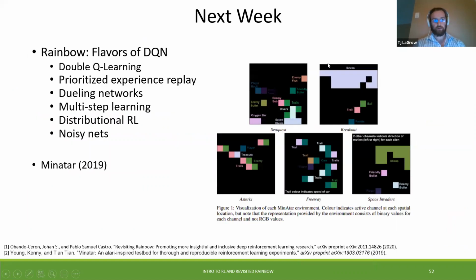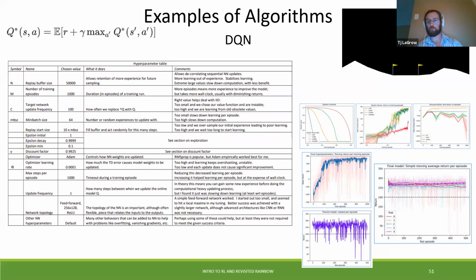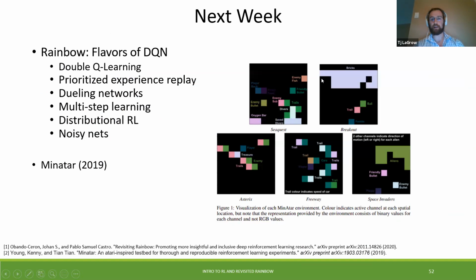The different flavors of DQN include double DQN, which mitigates the overestimation bias by decoupling. We can talk about these next time; I'm looking at the time. These will be what we talk about in the next paper, using the Minotaur environment, which essentially takes the various environments that OpenAI has set up and the Atari games and translates them to smaller environments that can efficiently be run on a small CPU or a handheld laptop.